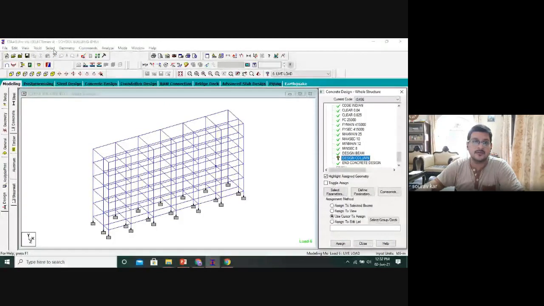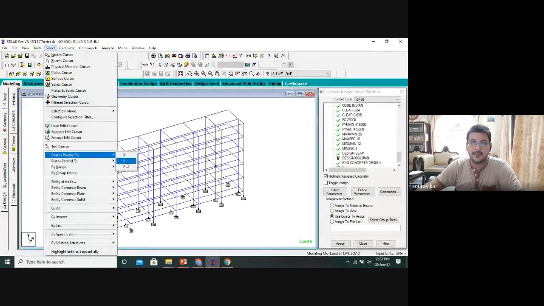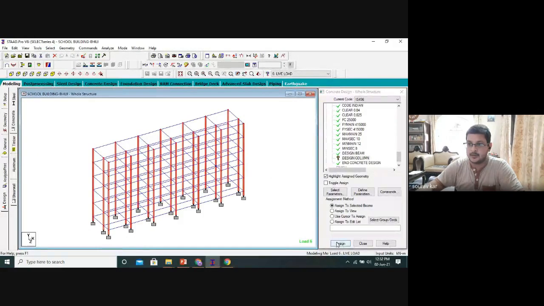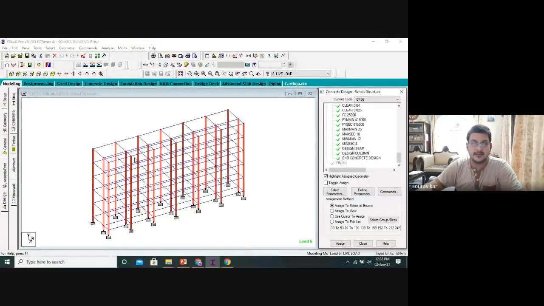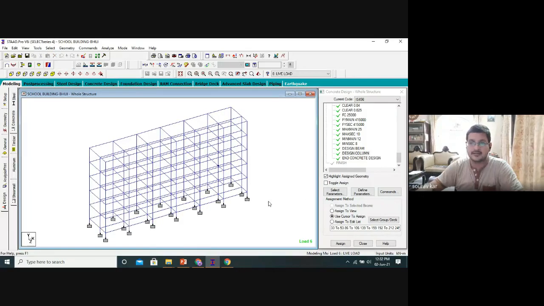And for columns, I am going to select the columns along the Y direction. Assign, yes. So all my task is over. Select parameters, define parameters, and commands I have given. So I have made STAAD understand which members will undergo beam design and which will undergo column design.